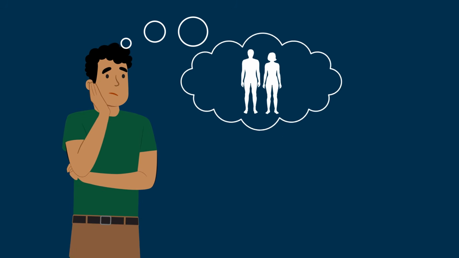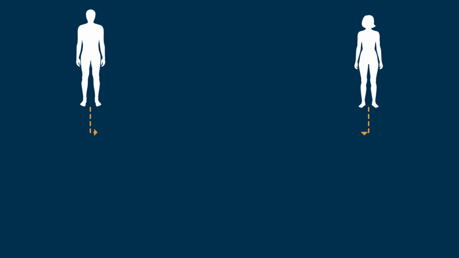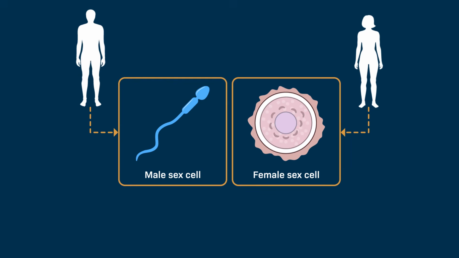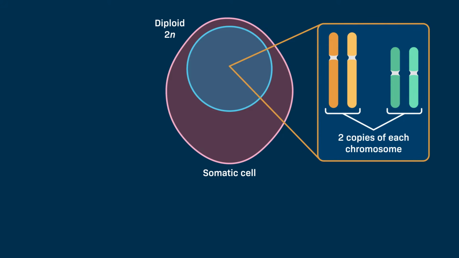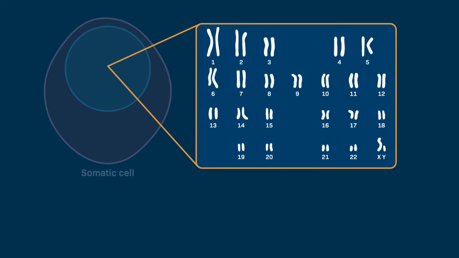Did you know that biological males and females have different processes for producing sex cells? In humans, our somatic, or non-sex cells, are diploid, which is designated as 2N. This means that there are 2 copies of each chromosome. Each of our somatic cells has a total of 46 chromosomes, which corresponds to a diploid number of 2N equals